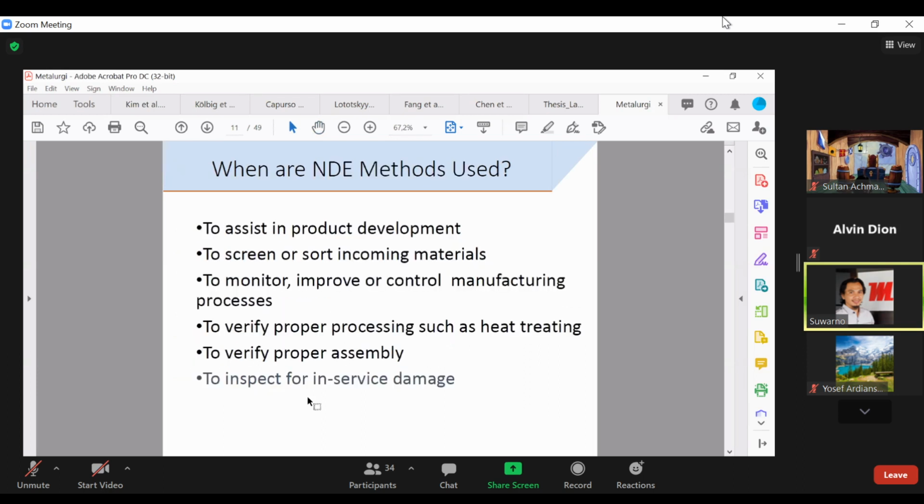It just highlights what I mentioned in the beginning. It is useful for product development and for failure analysis. There is also inspection in service, or verifying that you have done proper assembly or proper processing of the system. So basically, I just repeat myself. Okay, and then